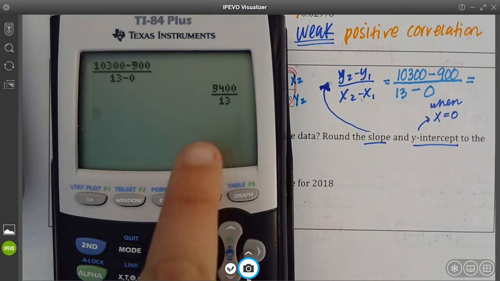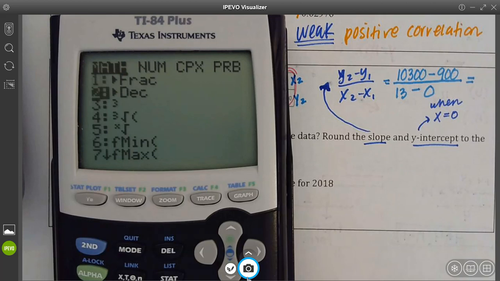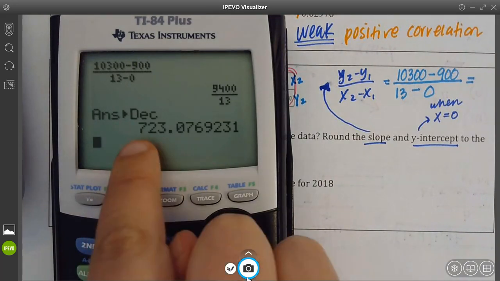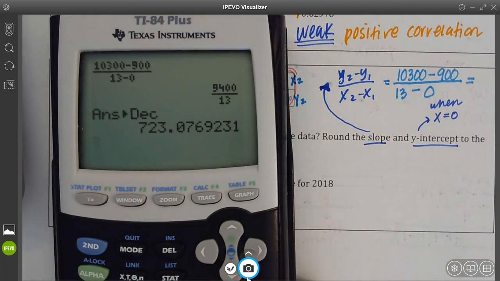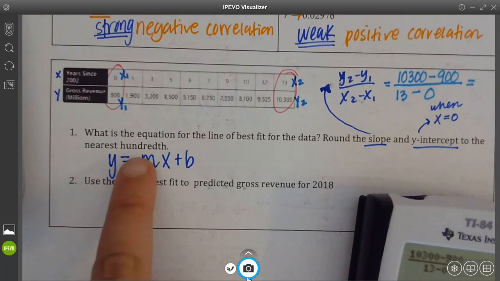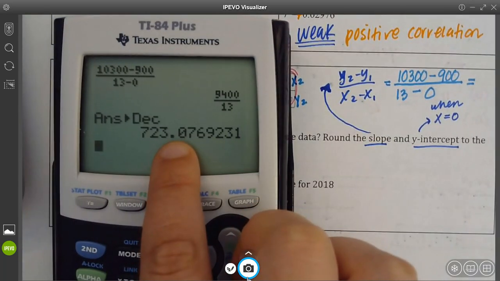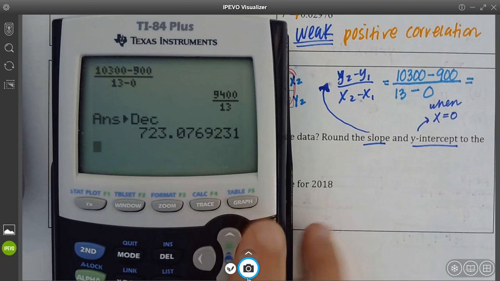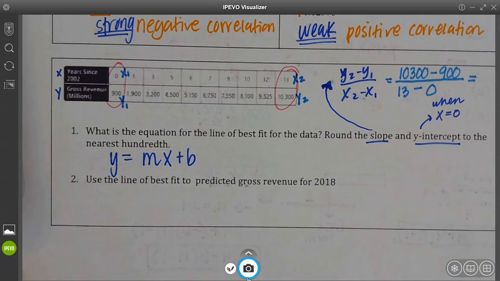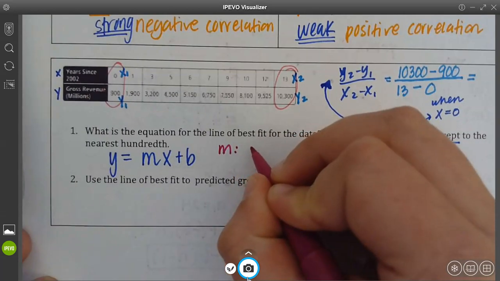My calculator will leave it as a fraction, so I want to turn this into a decimal. So it's 723.07. I think I saw something where it says round to the nearest hundredth, with just 2 decimal places. That 6 is going to bump my 7 up to an 8. So I'm going to say m